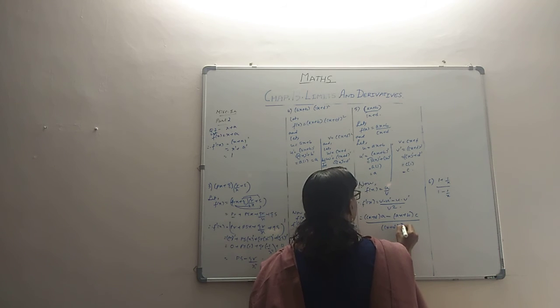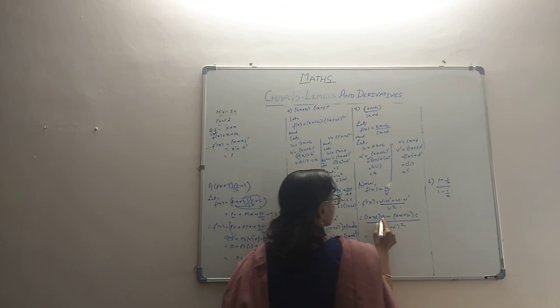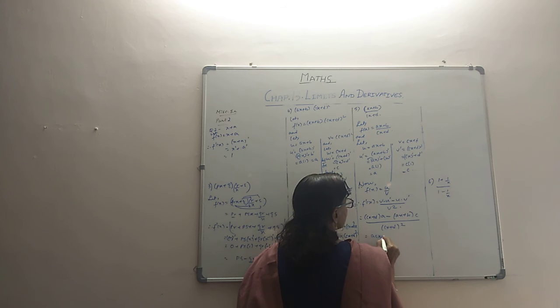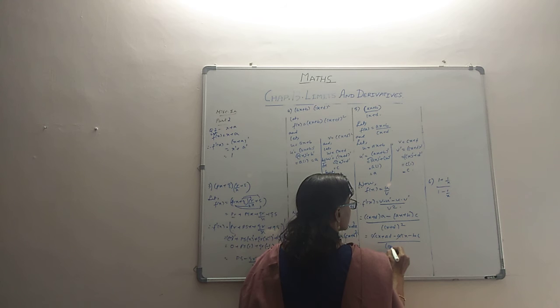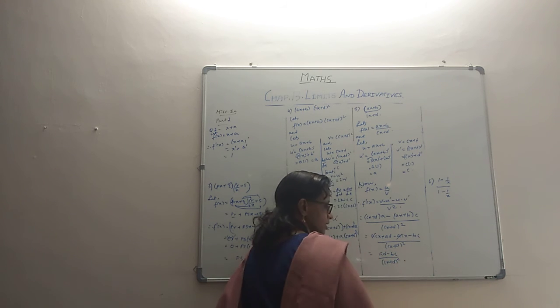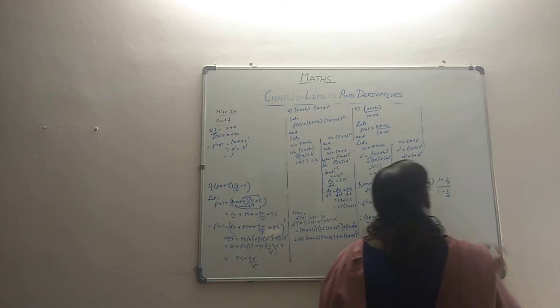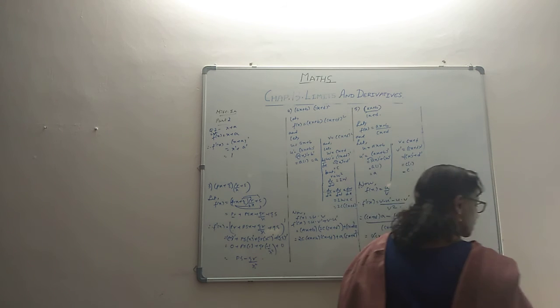I wonder if something is getting cancelled in the numerator. Let's try. acx plus ad minus acx minus bc. Oh yes, so our opening up did pay off. Two terms are getting cancelled. ad minus bc, your overall answer, ad minus bc by cx plus d the whole square. That's a derivative.